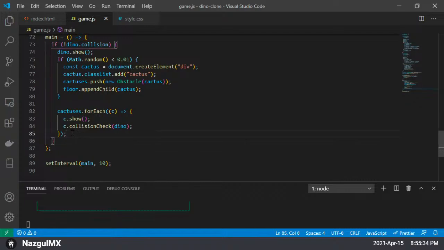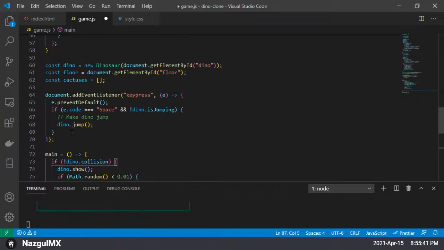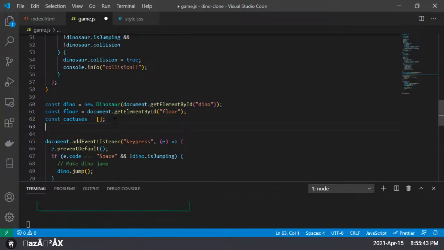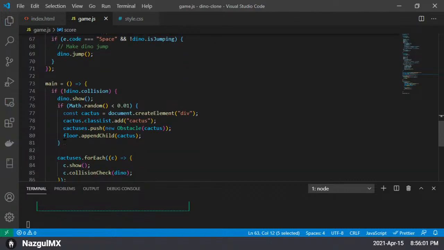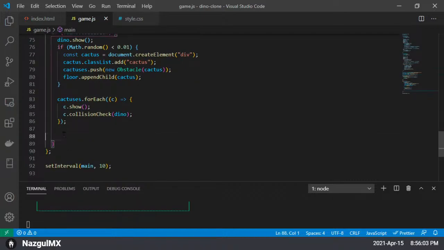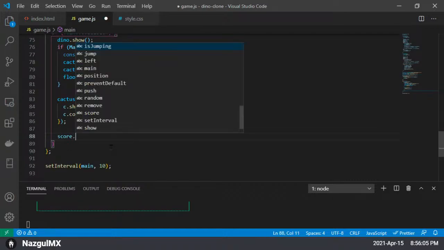Yep, const score equals document dot getElementById score. We will need the element stored in a variable. It will be easier and faster. And then score dot